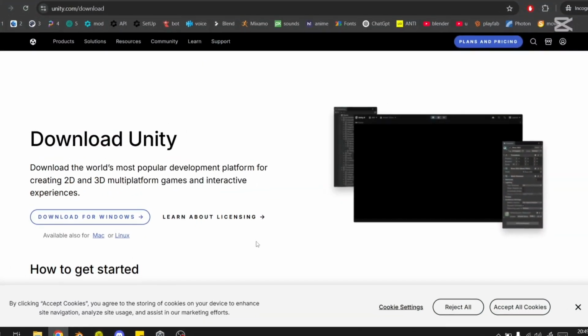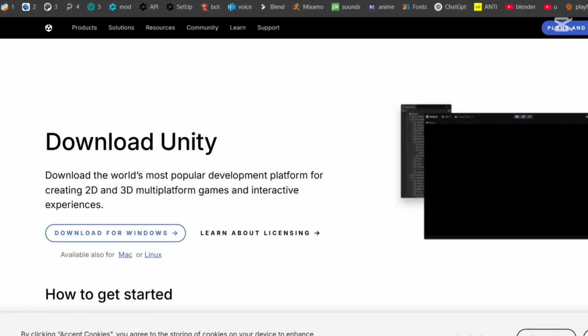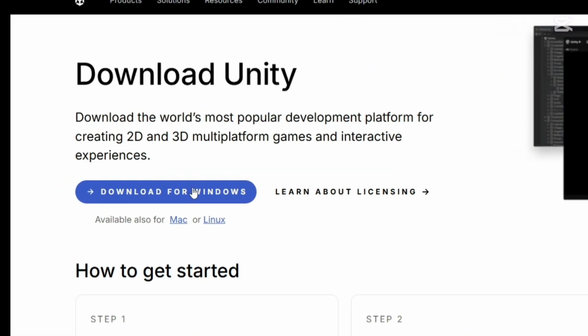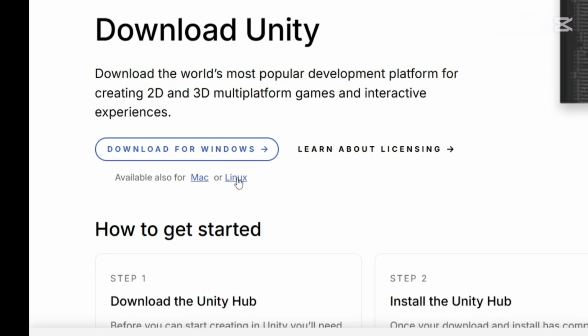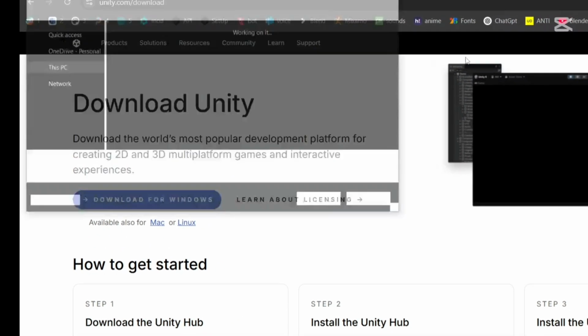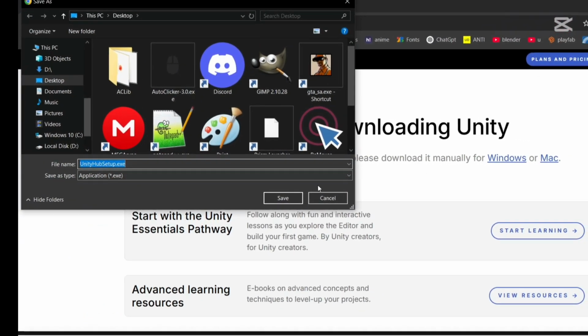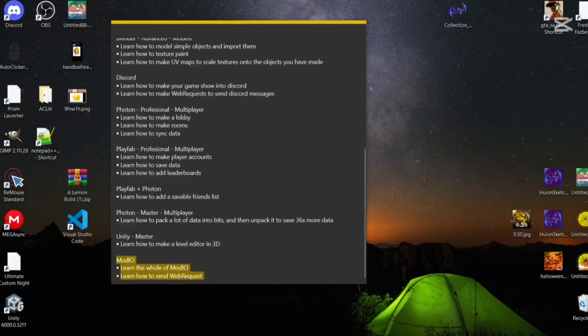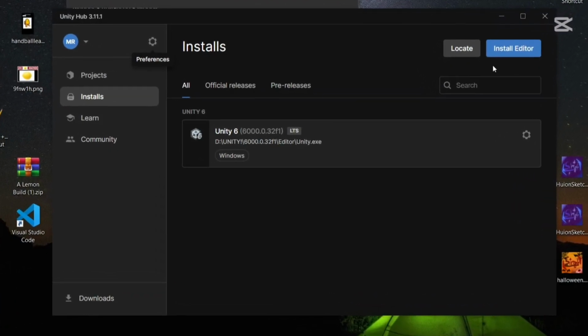So first, I have already saved this page. You basically go here, and if you have Windows, you go on this one. If you have Mac, you go on this one, and if you have Linux, you go on this one. Yeah, you don't need a computer for this. And then it's gonna download Unity Hub Setup. Then once you're done with downloading that, you open it, which it is this one,